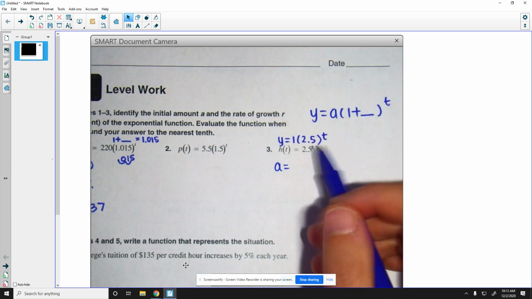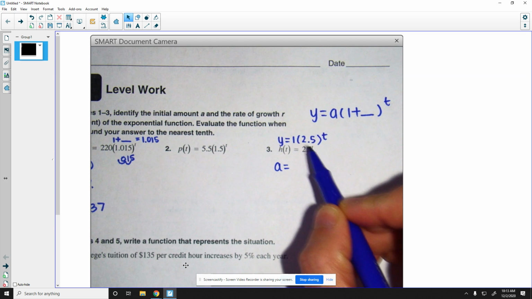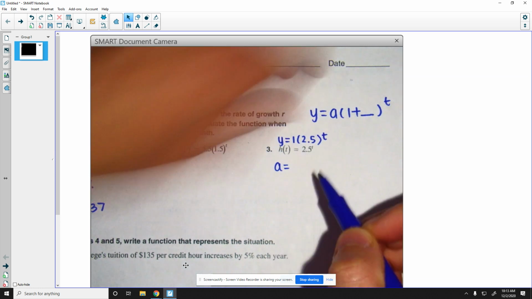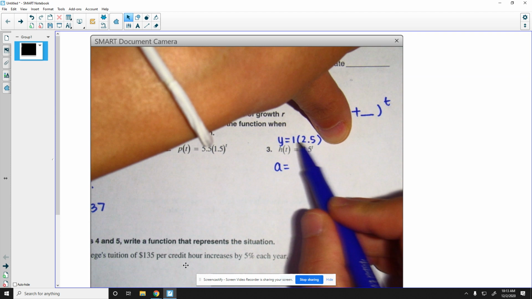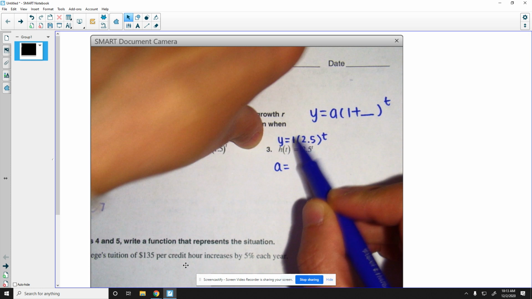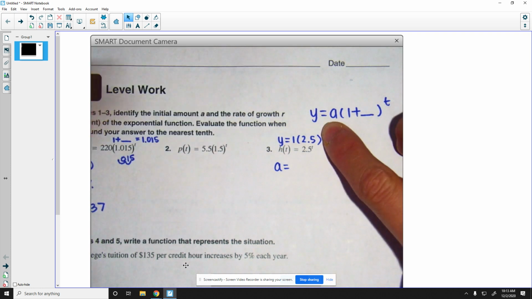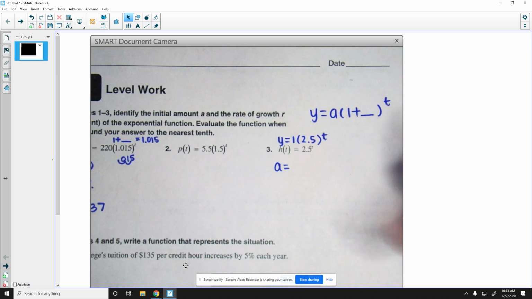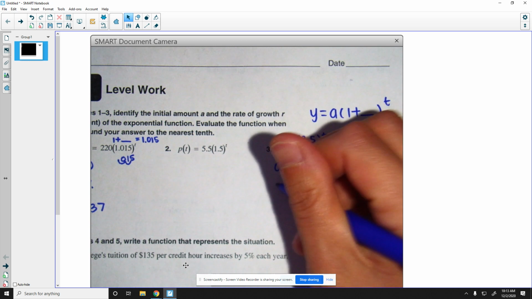Does that make sense? Yeah. Like the 2.5 is supposed to be in parentheses. They wouldn't combine this because PEMDAS doesn't tell you to multiply before you exponent. PEMDAS tells you to exponent first, then you would multiply. So they would never combine these two to be a different number. Okay, so your A is actually 1. Okay, so your R,